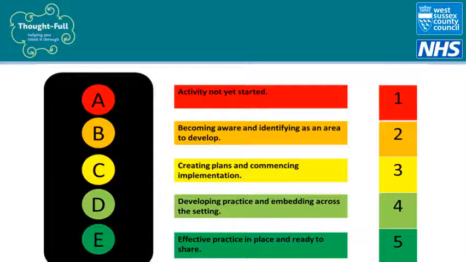If on the other hand you had an SMHL but perhaps their role isn't quite what it could be, or perhaps they are not yet able to input into school policy, or you've not yet been able to ensure they have enough protected time to carry out their role, you may choose to grade yourself at light green 4. Or if you have an SMHL who is working efficiently within their role and is able to feed into school policy, as well as have a visible profile around the school and is embedding good practice, you might give yourself a grade 5, dark green.